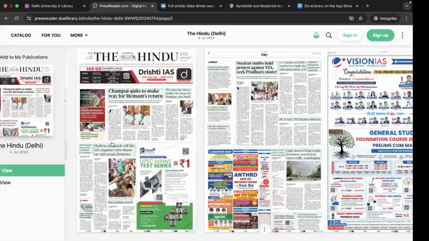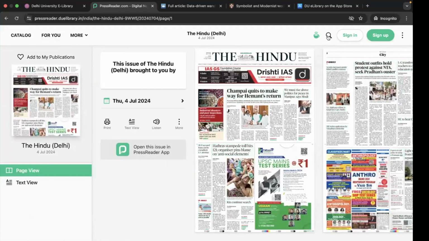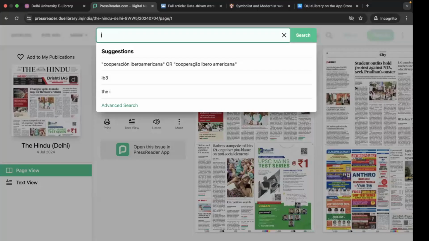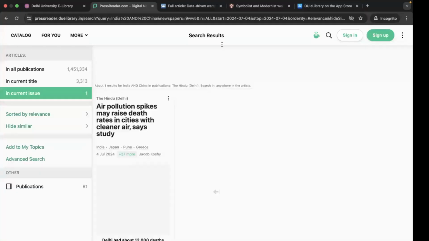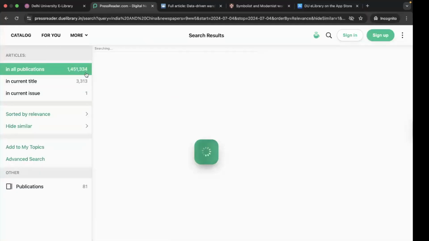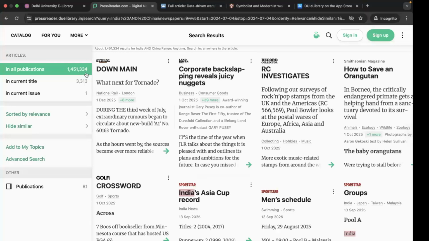There are some more very strong features of PressReader which I really wanted to mention, because this is maybe the only primary source available right now. For example, let's say you are interested in reading the news articles published in the last 20-25 years. All you can do is click on this search button. Let's say I search for India and China, the platform will show me it has 14 lakh 51,334 news articles published. All of these news articles are published in more than 7,000 publications across the